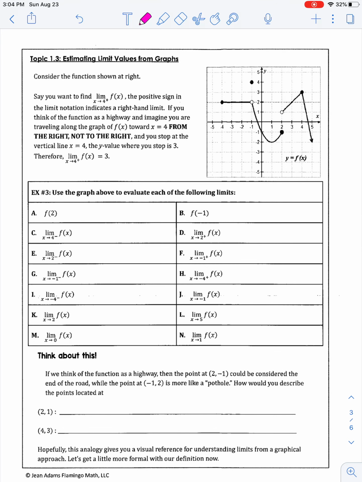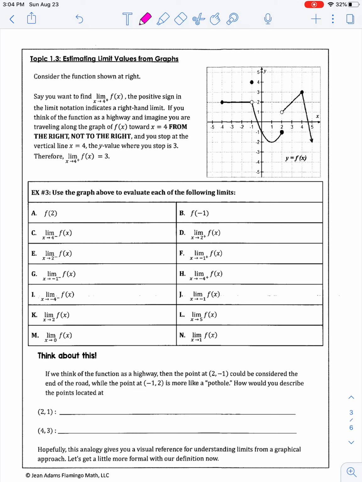Okay, so now we have this really fun function. It does all kinds of stuff. And we're going to find not just all kinds of limits, but if you look at A and B, those are actually just function values. So it's to make sure that you understand the difference between f of 2 and the limit as x approaches 2. Okay, so say you want to find the limit as x approaches 4 of f of x from the